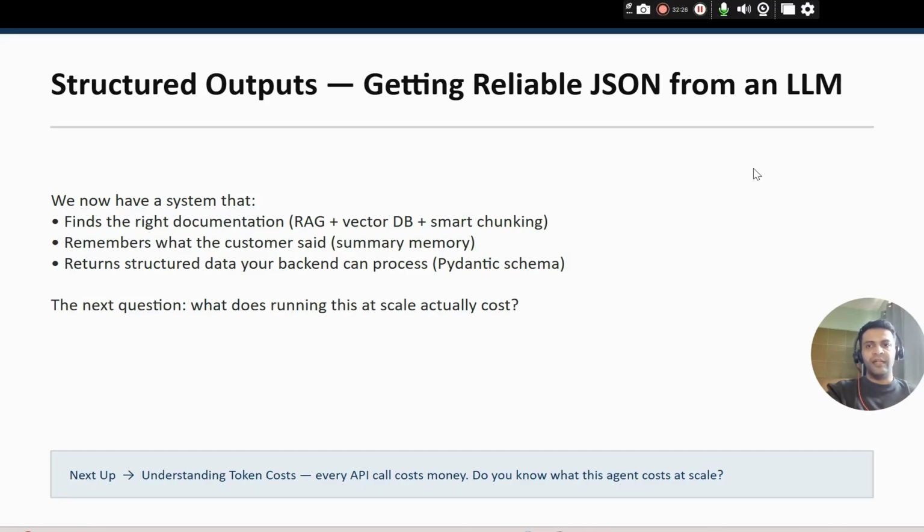And with this, we come to the end of this video where we have implemented the RAG pipeline with a vector DB and a chunking strategy which works for us. We have implemented conversation memory using the summary approach. We have a structured data response in place using the Pydantic schema. Now what's next is estimating the cost of running this and whether it is actually better than having humans. So you'll have to determine the cost that you might save by using AI to answer some of the customer queries. And then you'll have to take a call whether to actually move ahead implementing this and putting this into production or not. So that's what we'll see in the next video where we